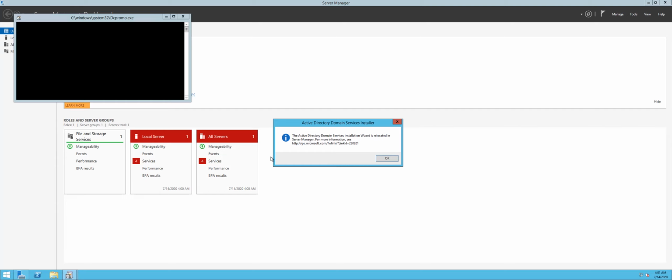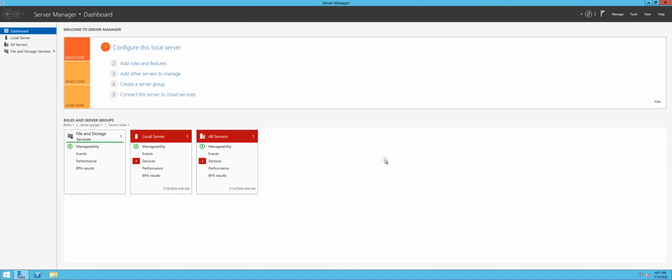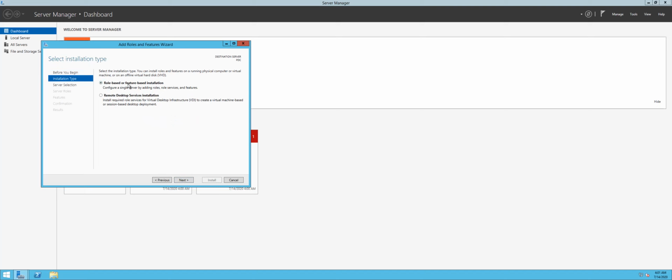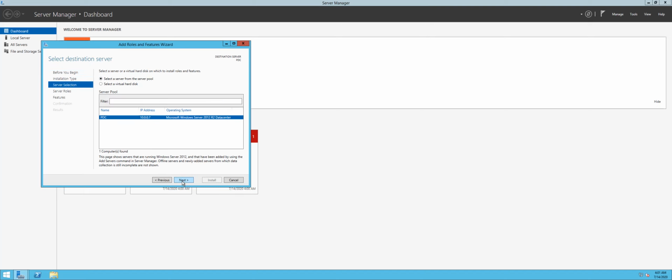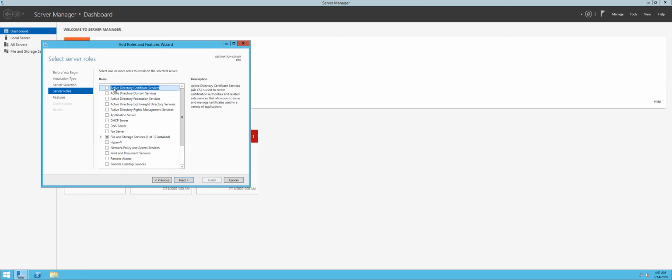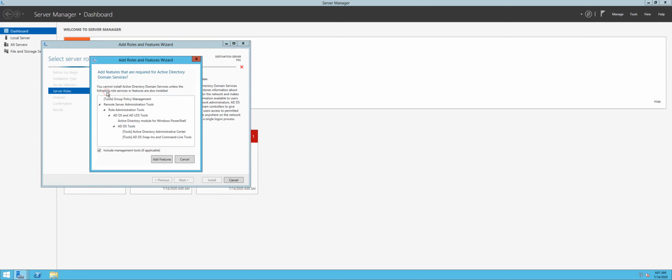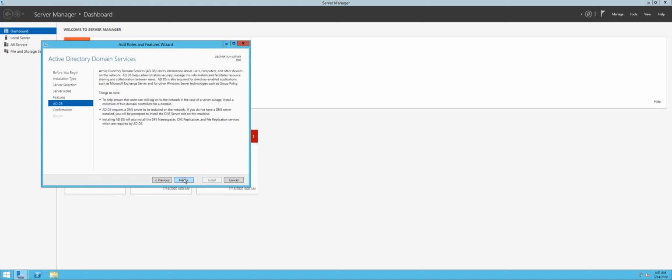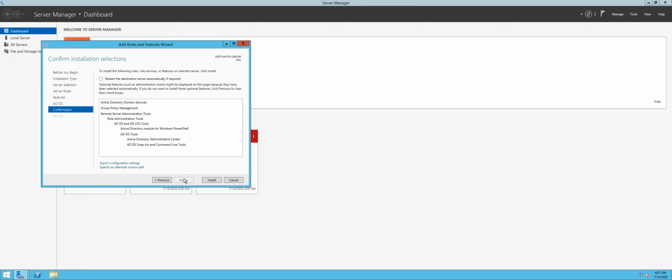The main thing which you have to understand is that until before it used to be DC promo, and now we have to do it from add roles and features. So what we do is we go next, we select role-based installation, we select the server. This is my server. See, the second option is Active Directory Domain Services. So you say yes to this, then you say next, then you say next, then you say next, and then